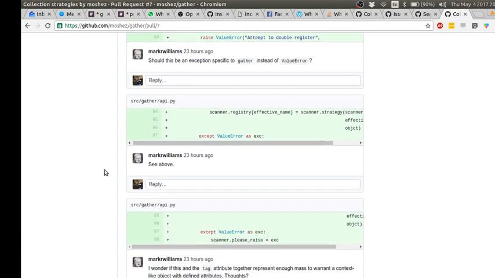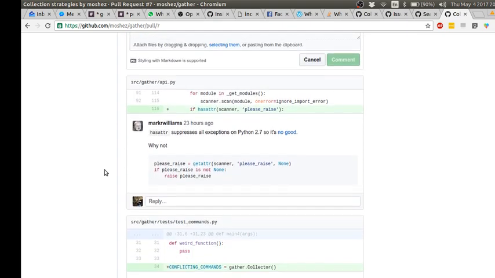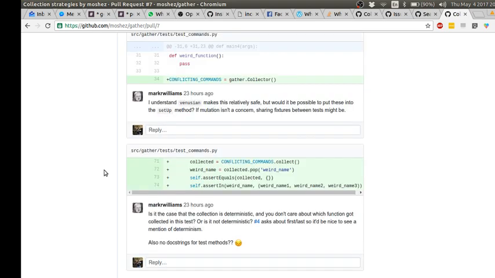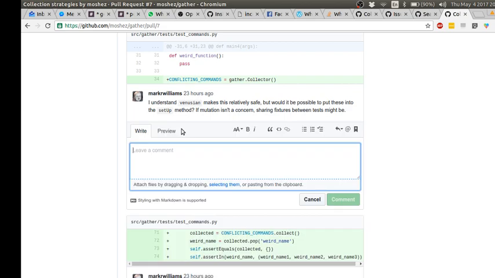Let's see. Yeah, we don't see him. Only registers module level things. So theoretically